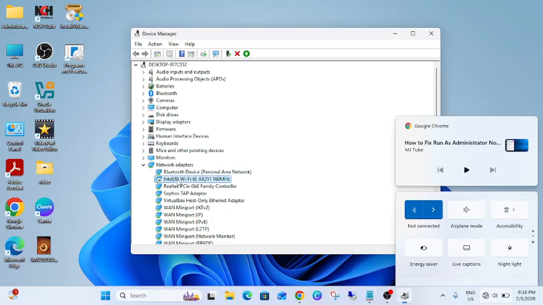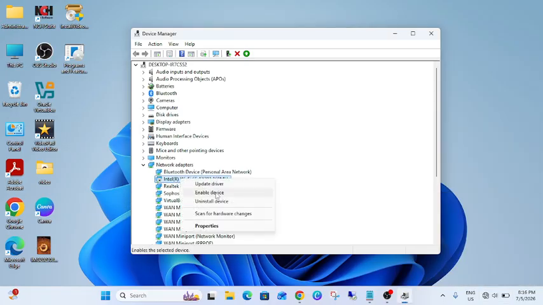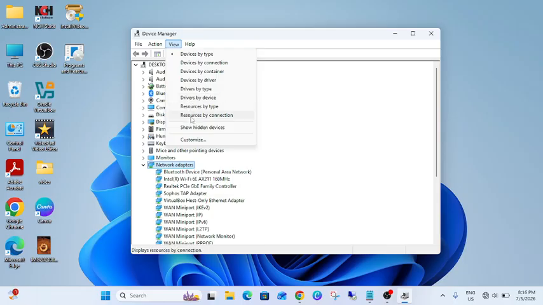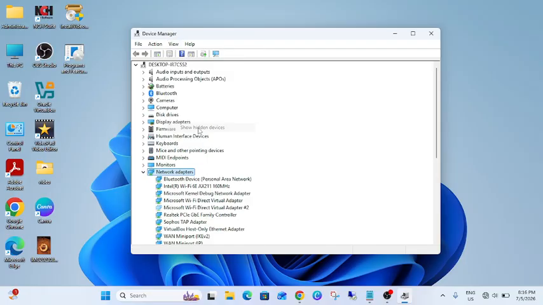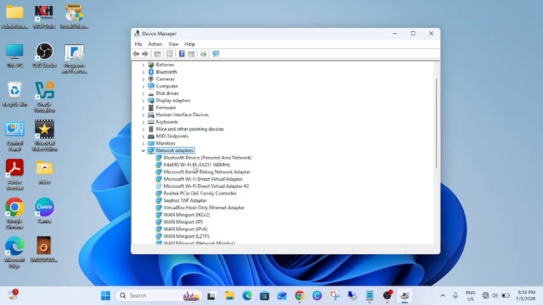But if it is enabled and not showing up there, then what you can do is click on your network adapter, go to view and click on scan for hardware change. Look for this option, show hidden devices first, and see if you are able to see the Wi-Fi driver listed there or not. If it is still listed there with a yellow exclamation mark on it, then you can right click,